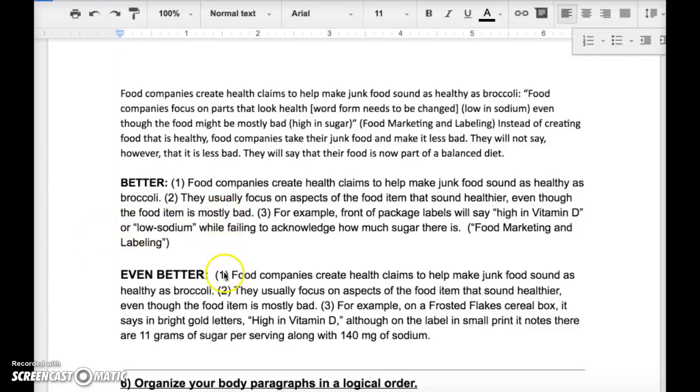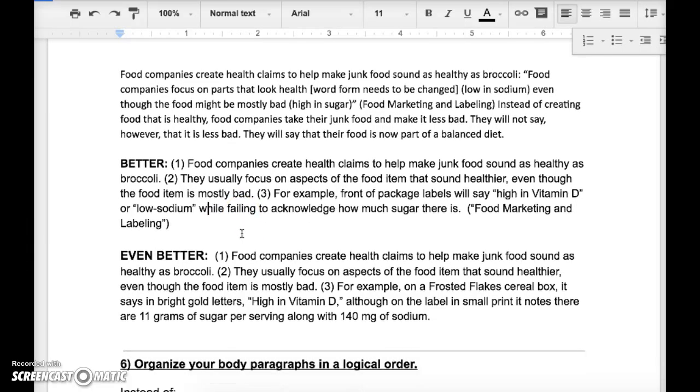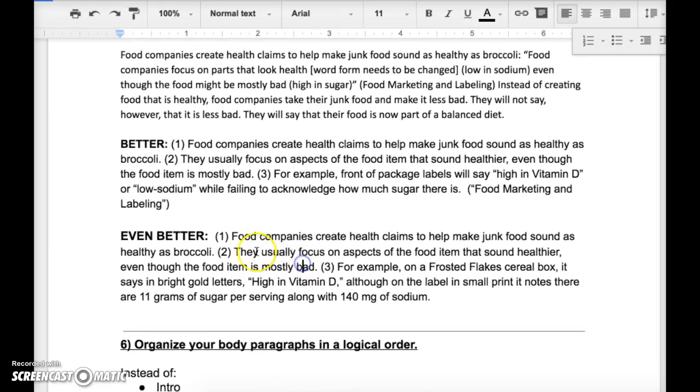All right, I have an even better example of that last paragraph that I showed you. So here I showed you that you could give an example, front of package label, say high in vitamin D or low sodium. I could go even more specific, and that's even better because, again, it's illustrating the point. So here, if you see, I have the same level 1 and level 2 sentence,